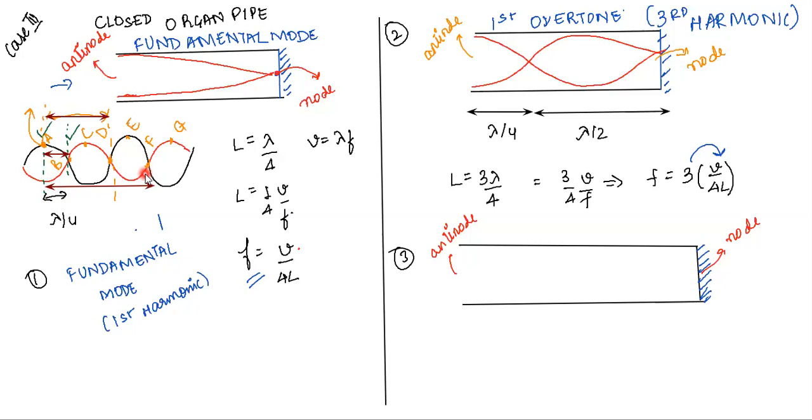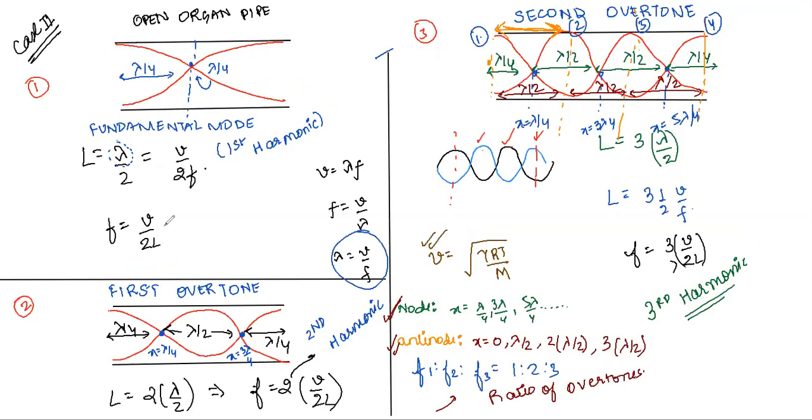Sir, in previous cases also we took it from the initial position only, the whole length. Why did we do that? Because it was starting from an antinode. We wanted to start from an antinode. So in this case,